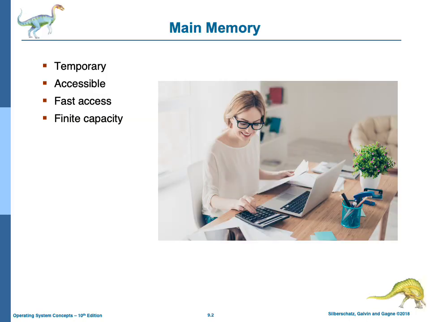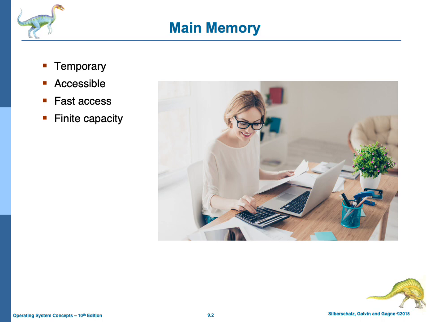So we can think of main memory as our workspace or a working desk. Just like this desk provides us with a temporary and accessible space for us to store and manipulate the current task, the main memory serves as a fast and temporary storage area for data and instructions that the CPU needs to actively work on. So similar to how we organize our desk to keep only the important documents and tools within reach, main memory does the same. It has to organize and store data in a way that allows the CPU to quickly retrieve and